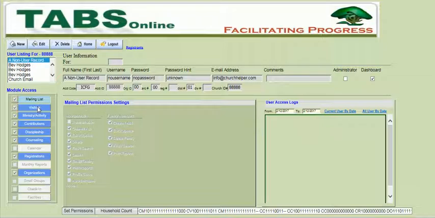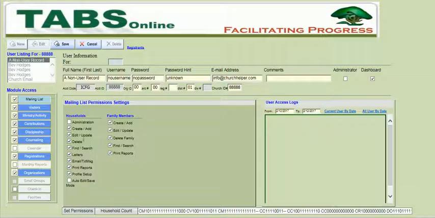These are the modules in blue that this particular user has access to, and that's every one that has a check mark next to each module. So what we're going to do here is go in and actually edit these areas. When the mailing list is highlighted in the cyan color, it shows the different areas for the mailing list. This is the households and this is the family members. This particular user has access to create and add, edit and update, delete, find, search, letters, emails, print reports, profile